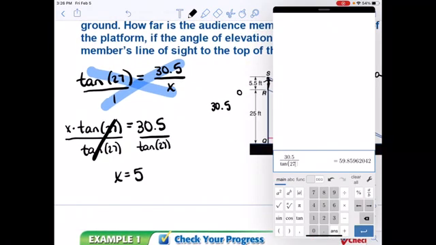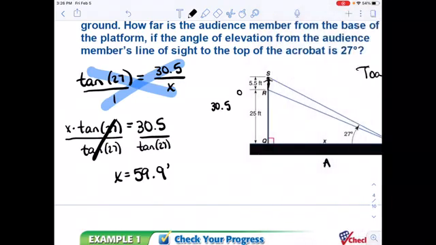So x is going to equal 59.9 feet. So this viewer is 59.9 feet away. Something on the calculator I also want to point out, you want to make sure that we have degrees showing. We don't want radians. That's something different. We want to make sure we're always dealing in degrees right now. If you get into upper level math classes, we will switch over to radians, but for now, degrees. All right,